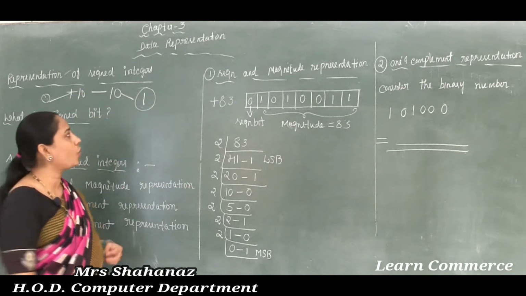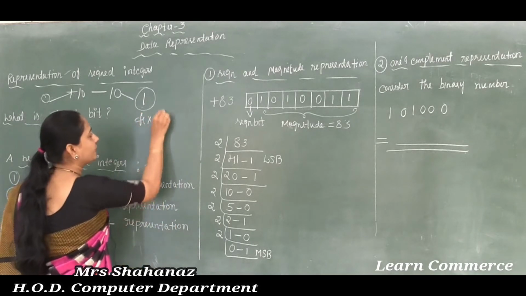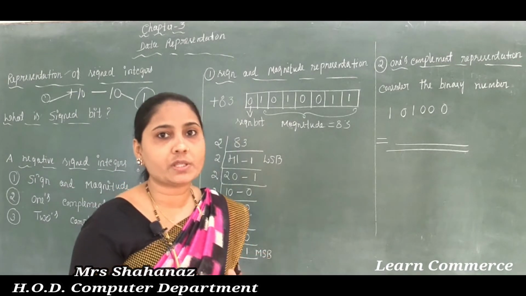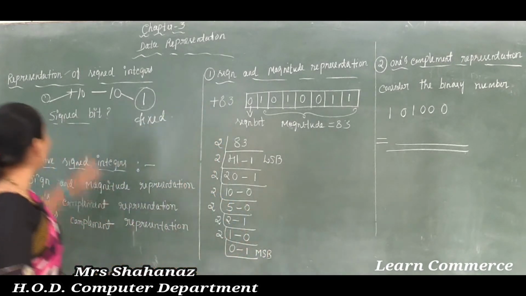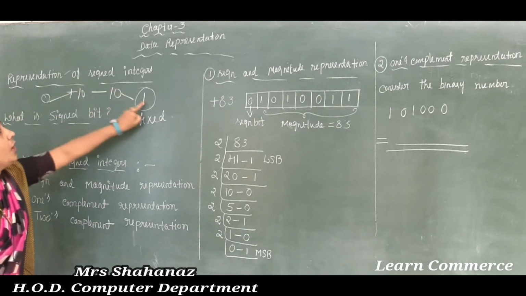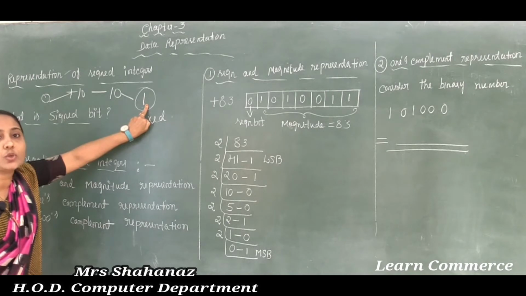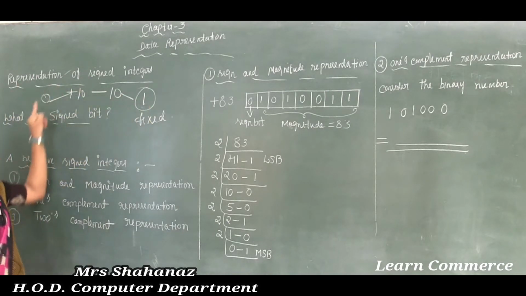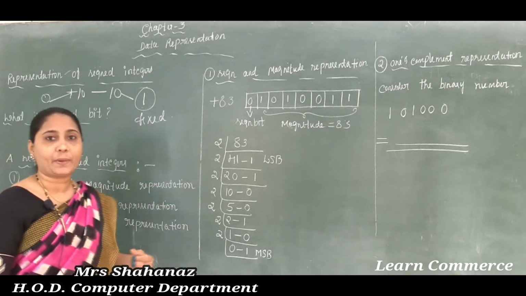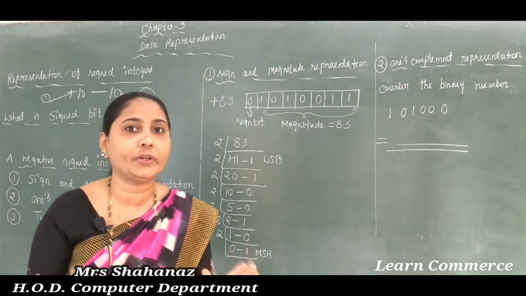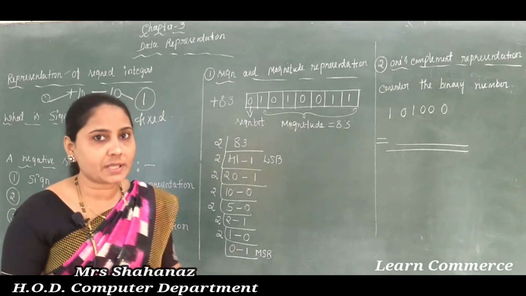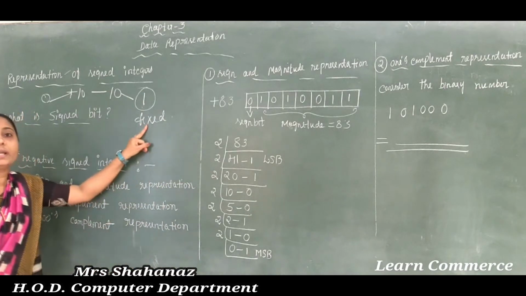Hence it is also called the fixed point representation. Clear this point? Always you should remember it. When you use any positive number, you need to use the sign bit value 0 only. For a negative value, the sign bit value is 1 only. So such positive 0, negative 1 is also called the fixed point representation. That means the sign bit does not change, whether in case of plus or in case of minus. So it is also called the fixed point representation.